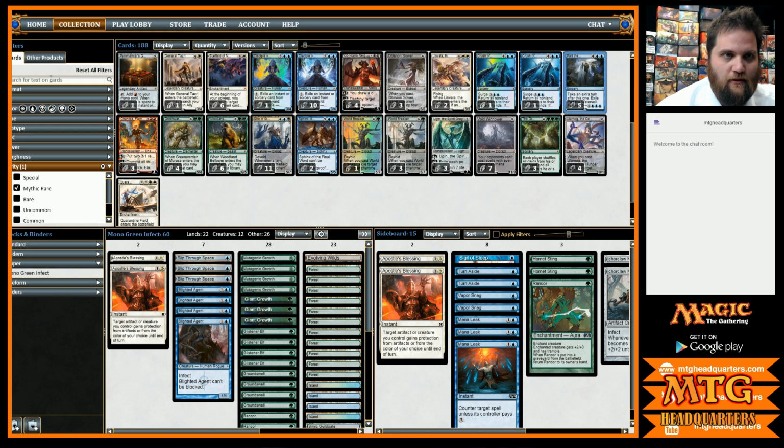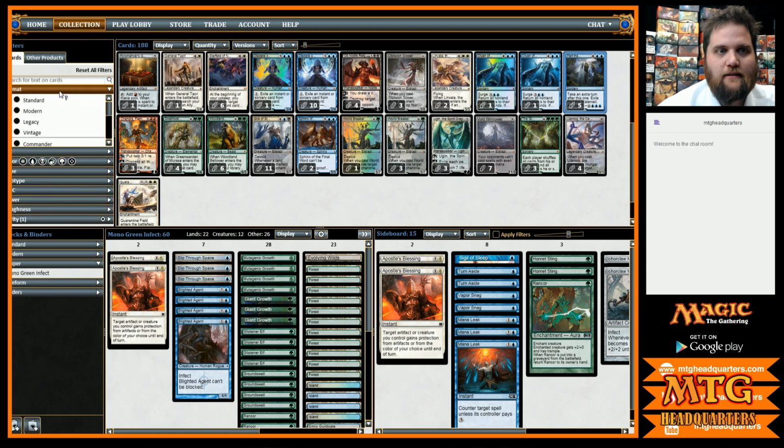You can also search for cards by name, by color, by subtype, by format, whatever you want. So as you build a huge collection on Magic Online, you don't have to have binders and binders and binders of cards and some crazy sorting system. It sorts it all for you, which is super important to me.